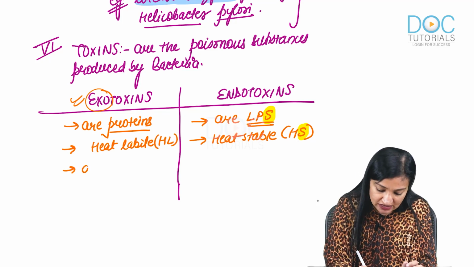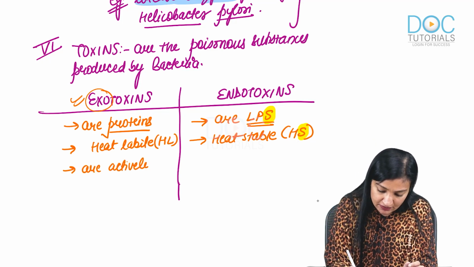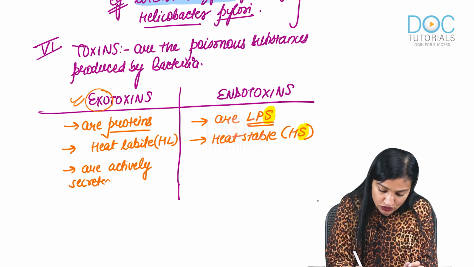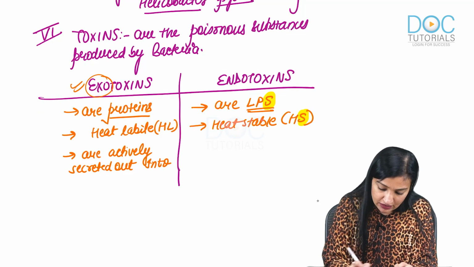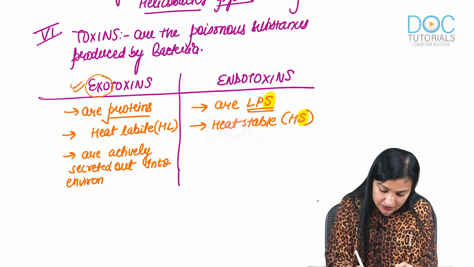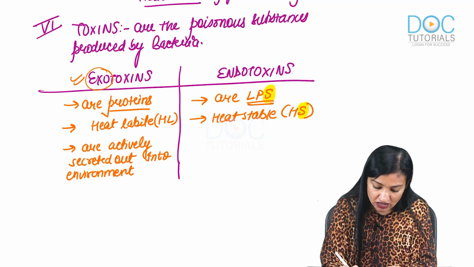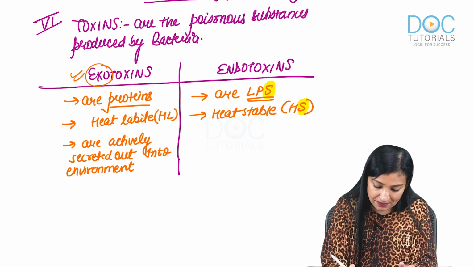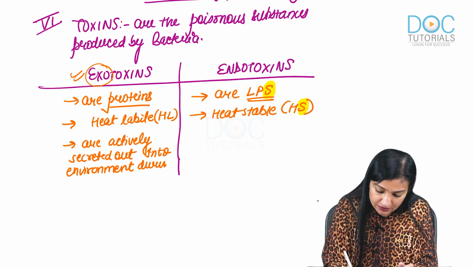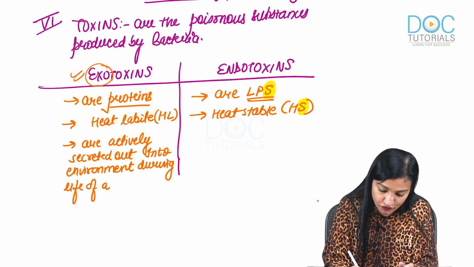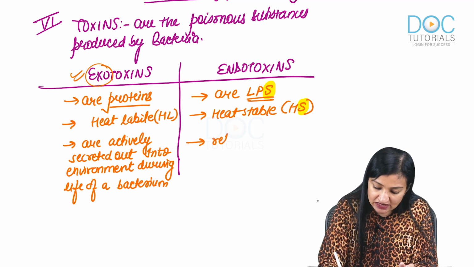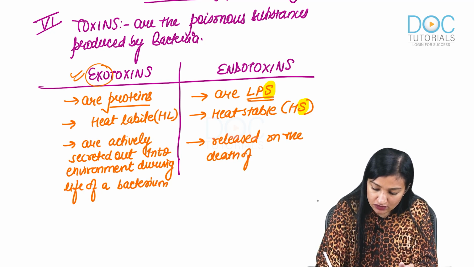Okay, so exotoxins are actively secreted out into the environment, into the localized tissue where the organism has infected, okay, into the localized area or the local environment during the life of a bacterium, whereas endotoxin is released, as we have discussed, on the death of the bacterium,